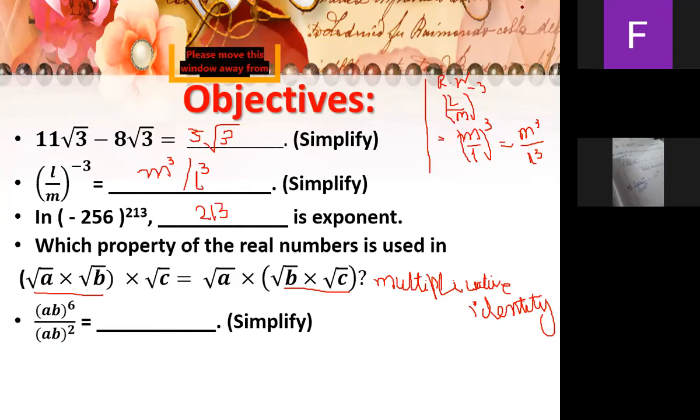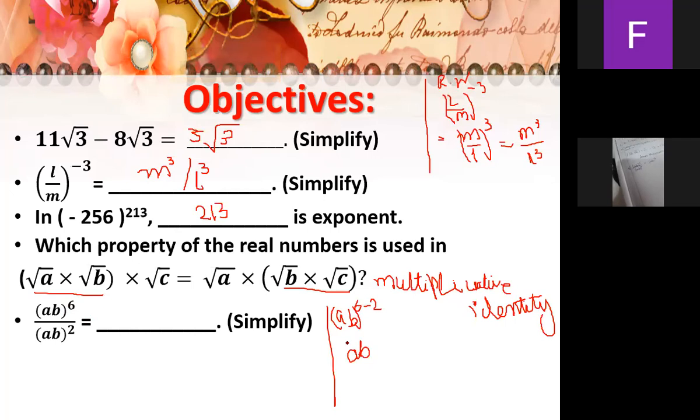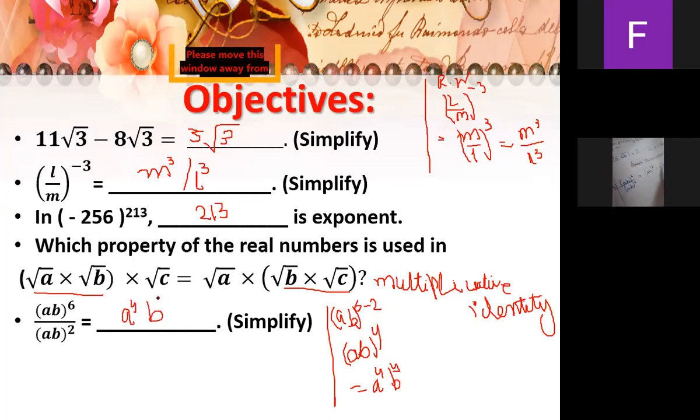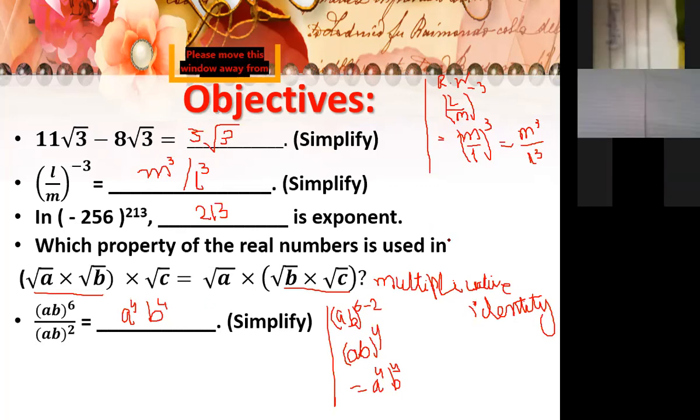Beta, 6 minus 2, you have to subtract it now. Look at here, what you will do here. If I'm going to solve it in working column, so you will write here AB whole power 6 minus 2. Okay, so it will be AB whole power 4. So answer will be A4 B4. That's it. Answer will be A4 B4. Right? Now last one. This is very simple and easy.